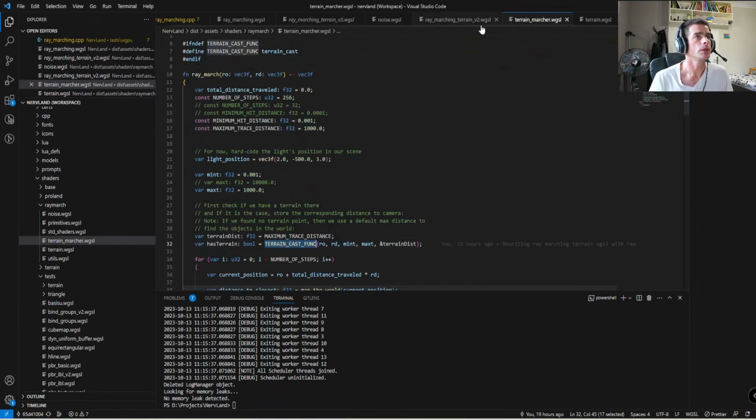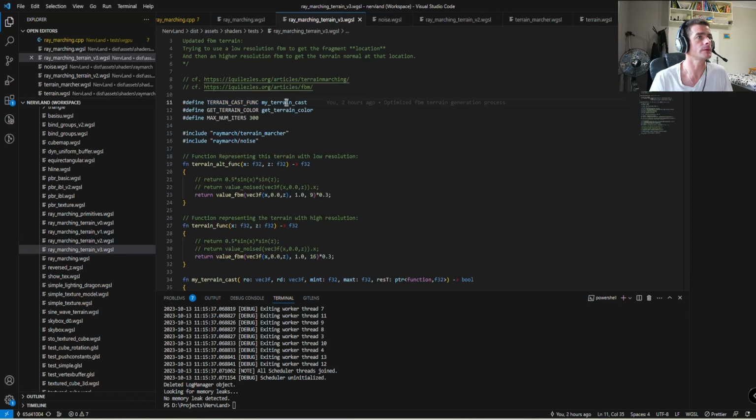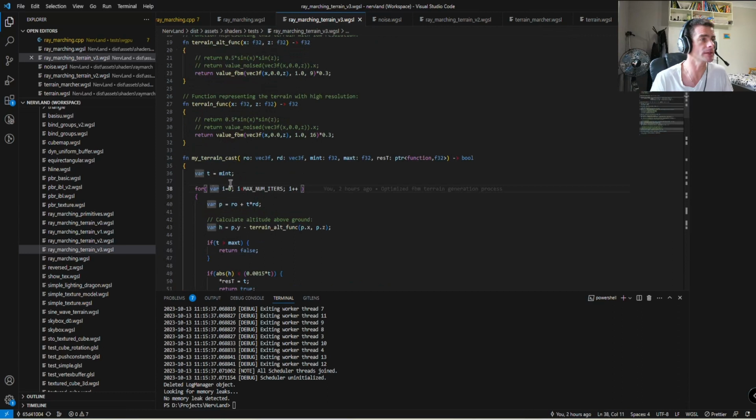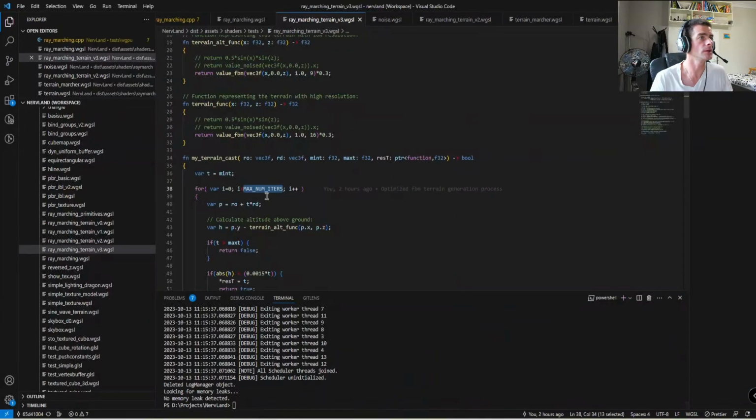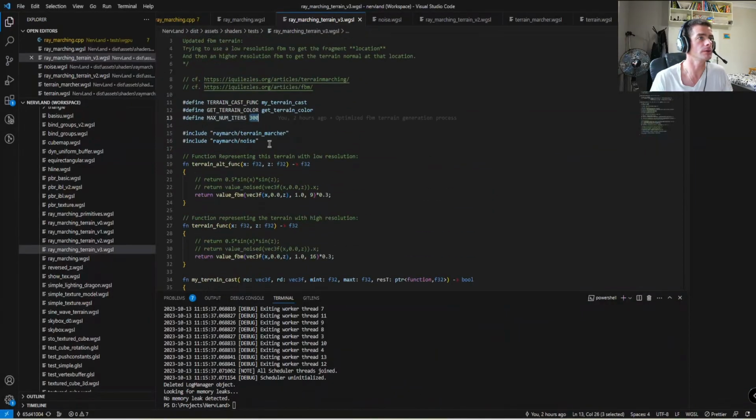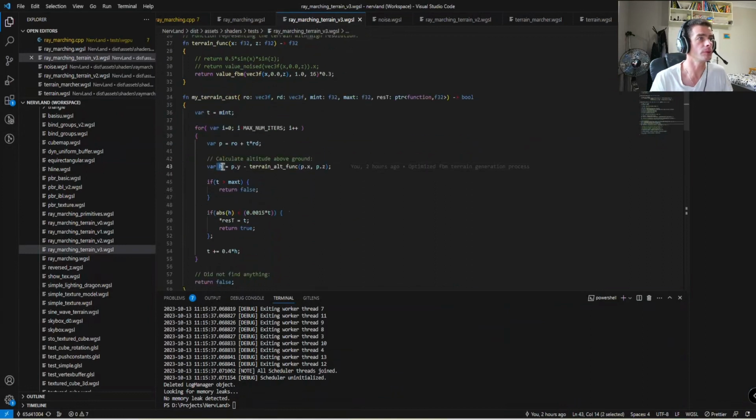And so we have this custom implementation of the terrain cast now. And this one is doing the smaller number of iterations, as I mentioned before, as shown here. You use only 300 iterations, and I think that's the value I use by default here. And more importantly, you're going to compute the elevation above ground value and use that to move forward way faster than you would do otherwise. But then the idea is still the same. When you get close enough to